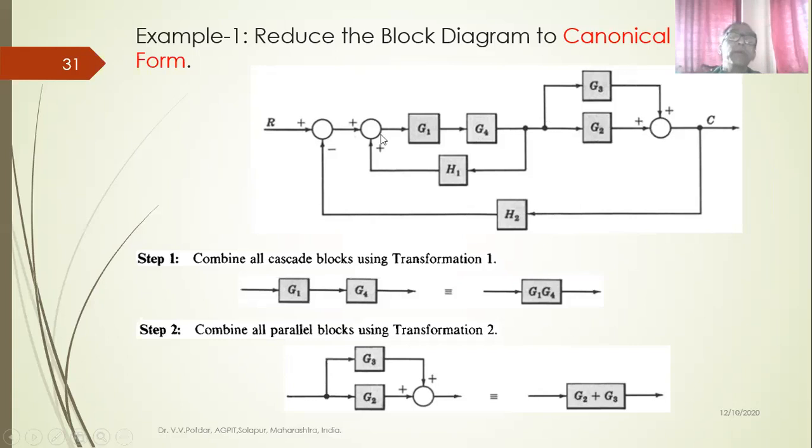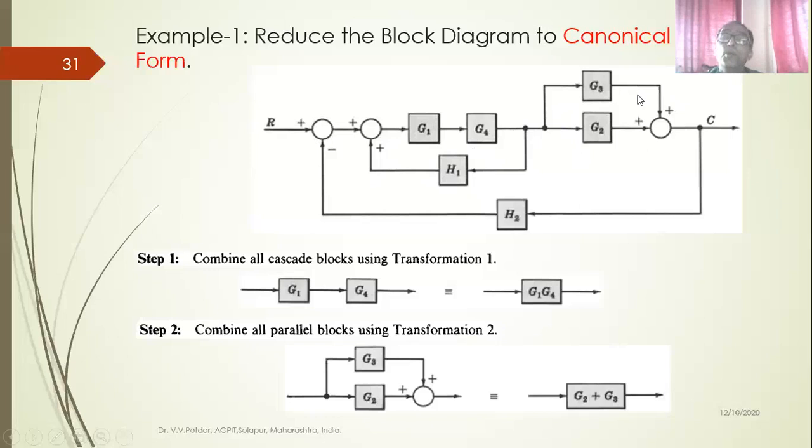Now what will remain now? In this minor loop, now this is called as major feedback loop. The outermost feedback loop is called as major feedback loop. And the loops within are called as minor loops. Now this is not a feedback loop. Be attentive here. This is a forward path and this is the feedback path. So this is a feedback loop, minor feedback loop.